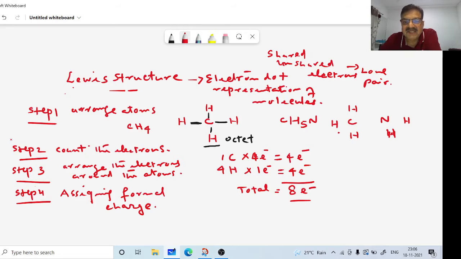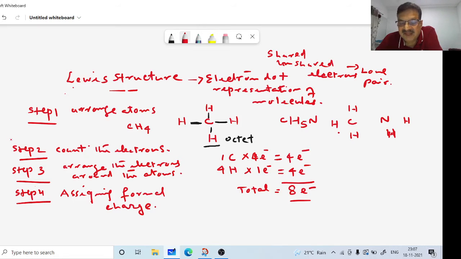So what is the check here? You should have a checklist: how to check whether a Lewis structure is valid or not. You are drawing a Lewis structure, and we should know whether it is valid or there is something missing here and there. So we can ask 3 questions. The first question: have all the electrons been used? Have we utilized all the electrons? Just like in the case of methane, we have seen 8 electrons. While drawing the structure for methane, have all the 8 electrons been used or not?